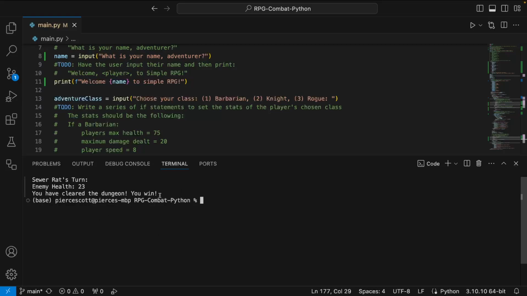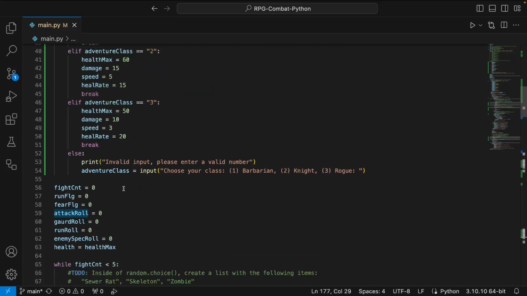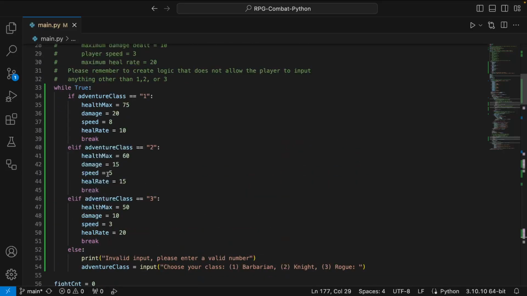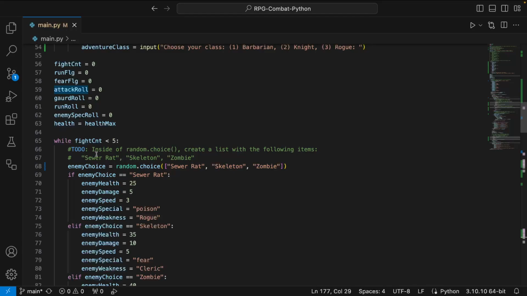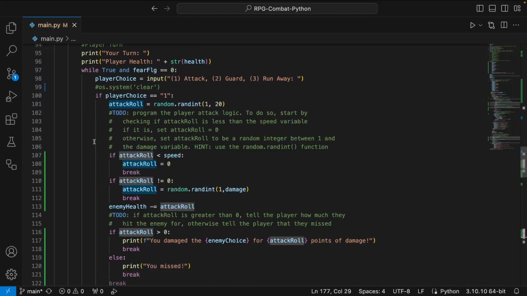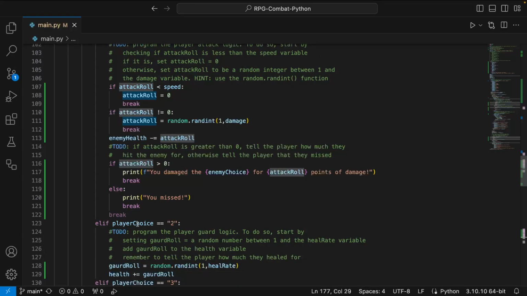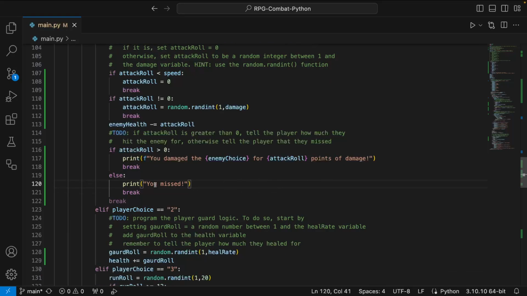Hey, wait, do you see my health? My health is 183. It's because I kept spamming guard, and then when I finally attacked again... You missed a break. Yeah, that's what I'm showing. So notice, Michael, I'm not going to pretend I meant to do that, but I am going to make it a learning opportunity.